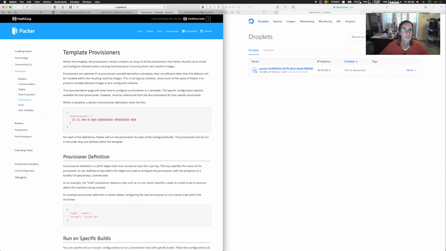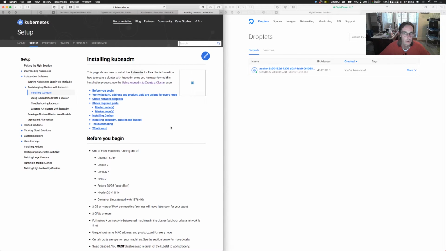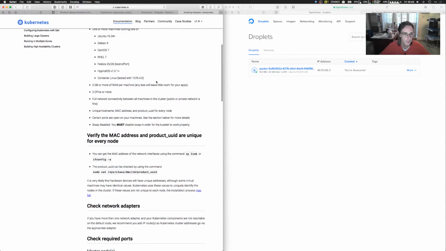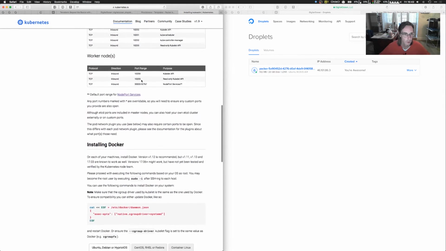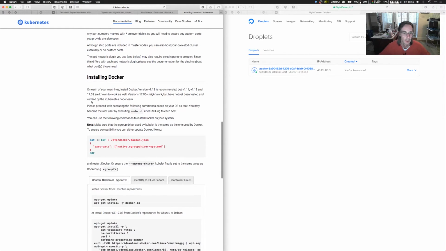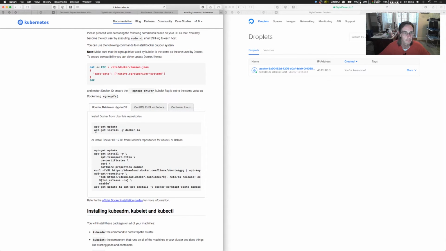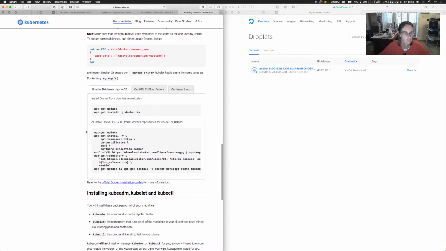So let's start going through and adding that. So I'm literally just going to follow the setup guide for kubeadm on kubernetes.io. Most of this stuff can be done from shell. So the first thing we need to do is install Docker. So we need to do an apt-get